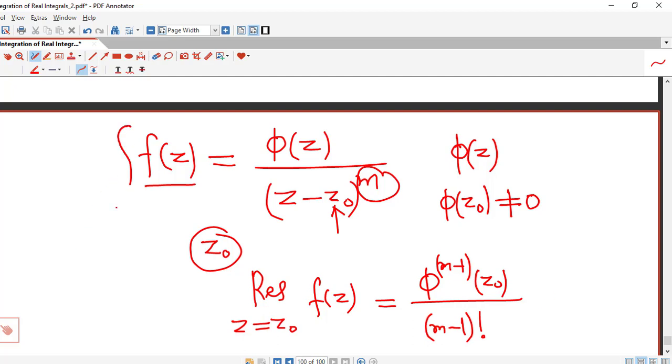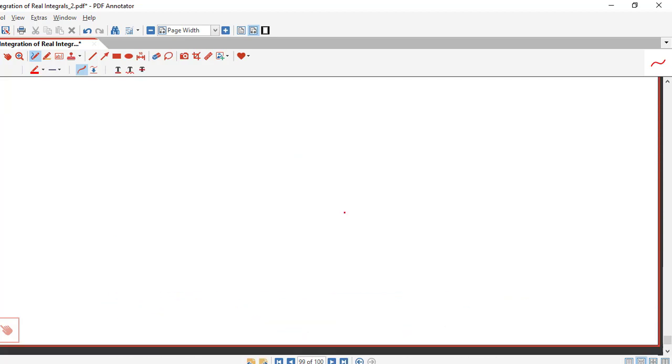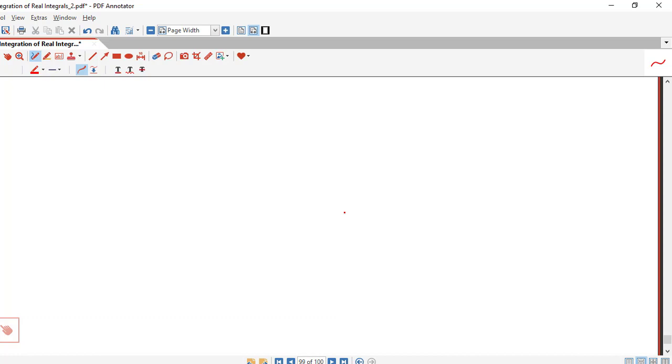So far we have used this result to determine residues of a complex function. Now every time it is not comfortable to use this result for calculating residues. So for that we have another result. So first we discuss what is that result. Suppose my function